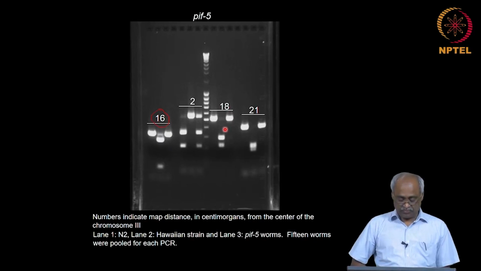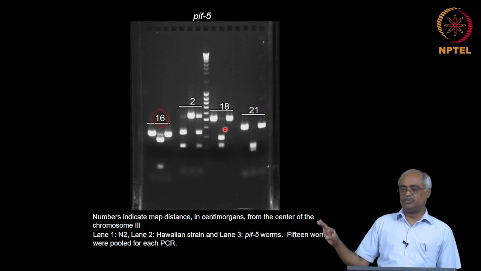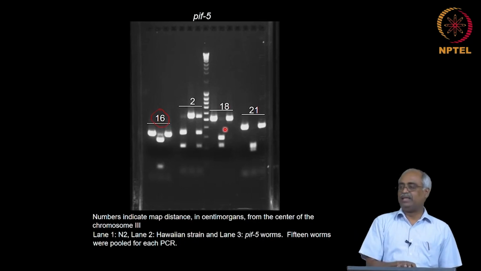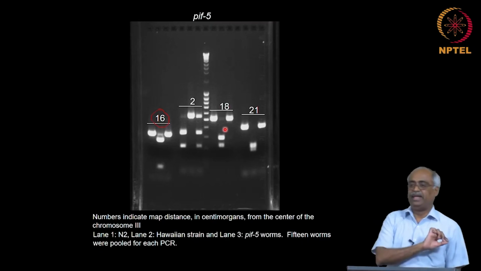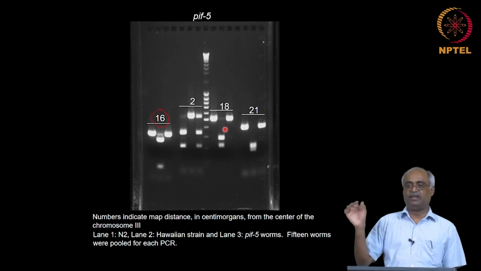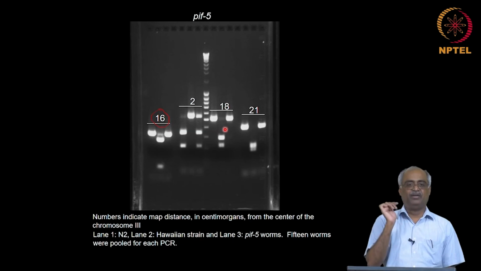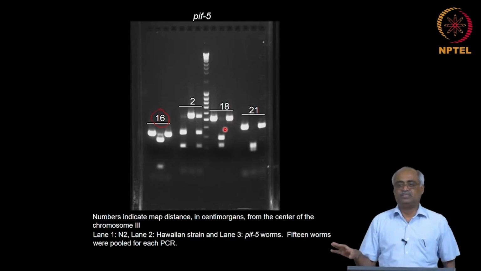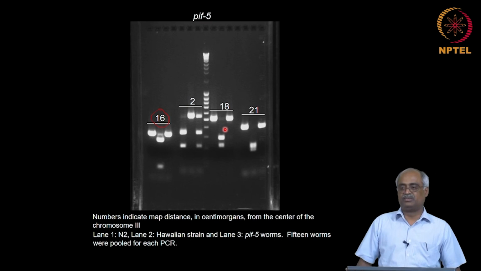For the entire region of the chromosome, you could of course sequence bits and pieces and you can use any SNP, but this is practically a lot easier to do. For the entire length of all chromosomes, they have very specific defined primer pairs, and they already know what enzyme you need to digest and what the expected products are. For N2 and Hawaiian strain, it is known for the entire length. So the C. elegans chromosomes are highly rich with these markers. So the power of mapping using SNPs is literally limitless.